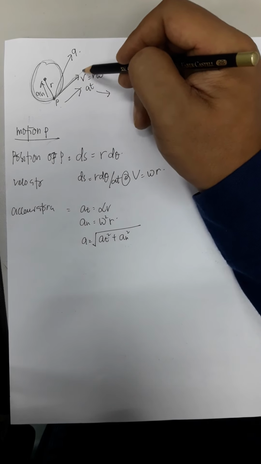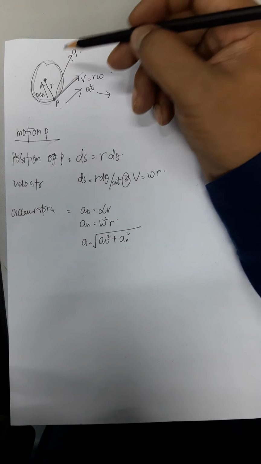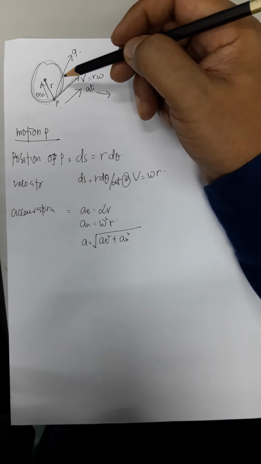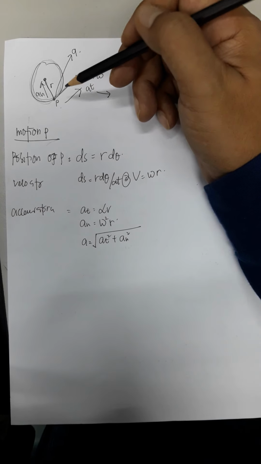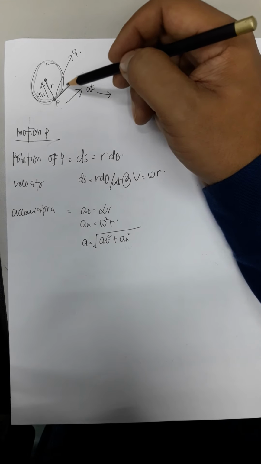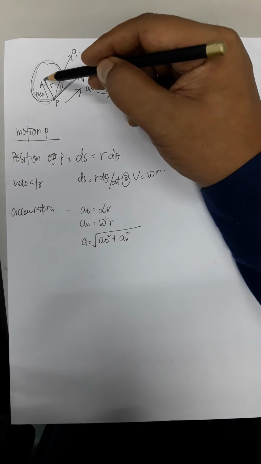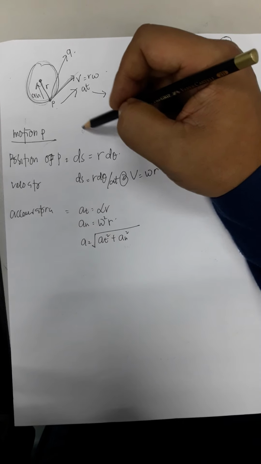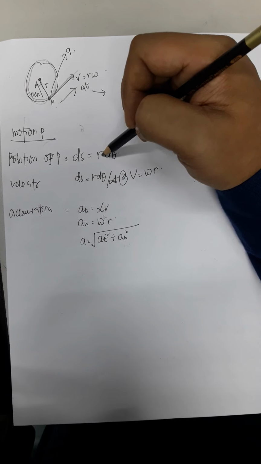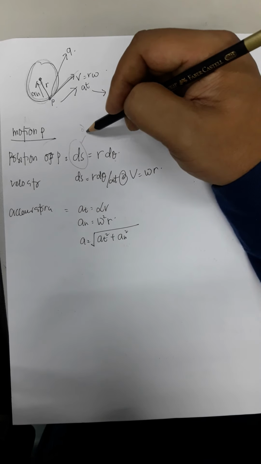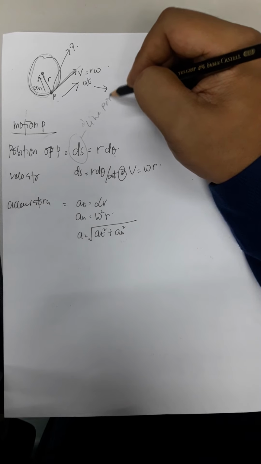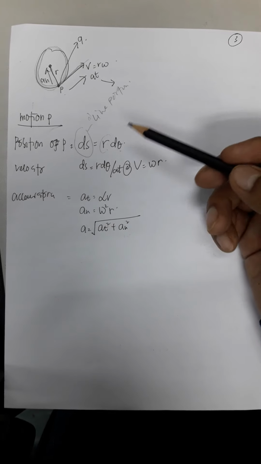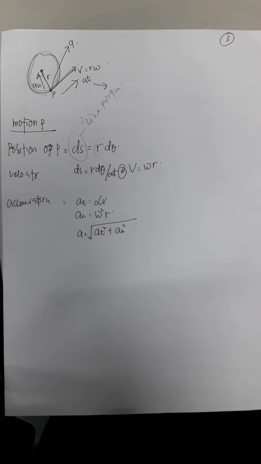or we call it the tangential acceleration, which is always tangential to the curved motion, and there is always a normal acceleration towards the center of the curvilinear motion or center of the rotation, and the resultant or the magnitude of the acceleration between acceleration normal and acceleration tangent, we call it A. So the position of P, we can see that ds, which is the position of P, equals r d theta, which is ds actually the linear position,